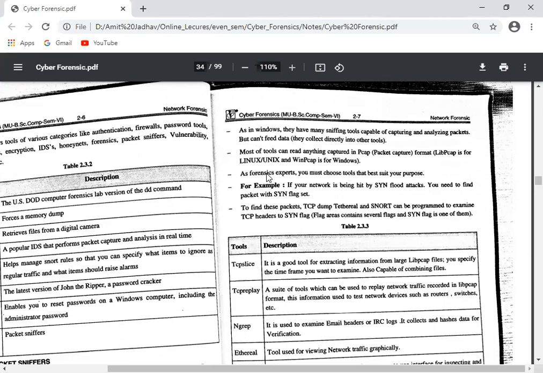Some tools are used to just read the data. As forensic experts, you must choose the tools that best suit your purpose, as per your requirement or as the incident happens.